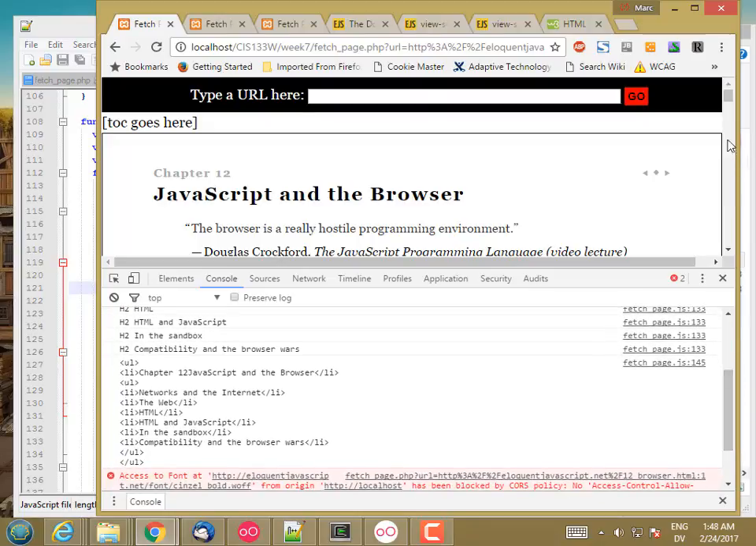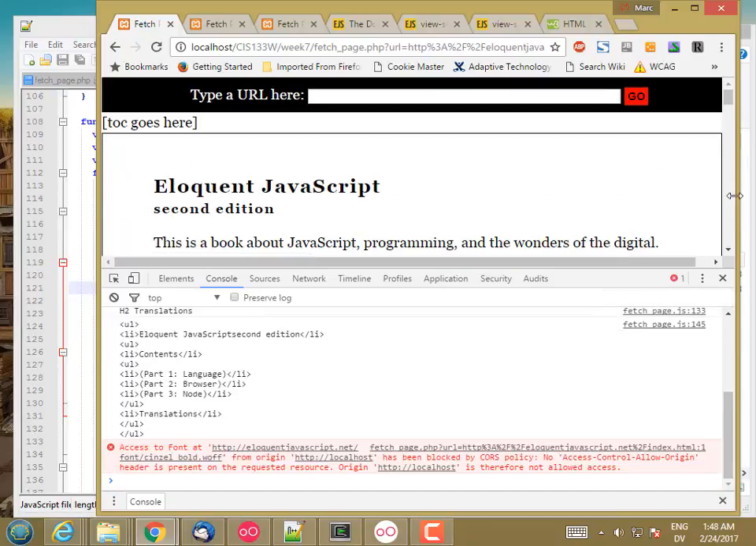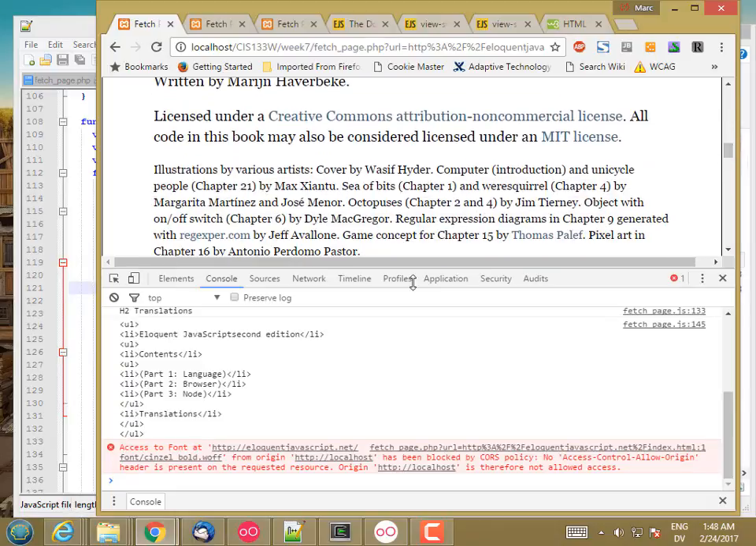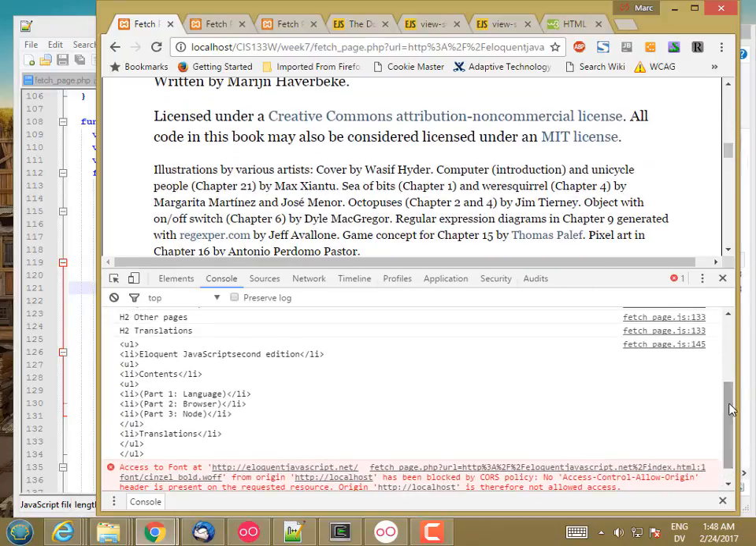Okay, so there's just two levels. And I think there was an interesting one in chapter 1. So let's look at chapter 1. Oh, this is interesting. All right, so Eloquent JavaScript second edition, so that's my level 1. And then level 2 is contents. And then level 3, and then back to level 2 for translations. So what I'm going to do here